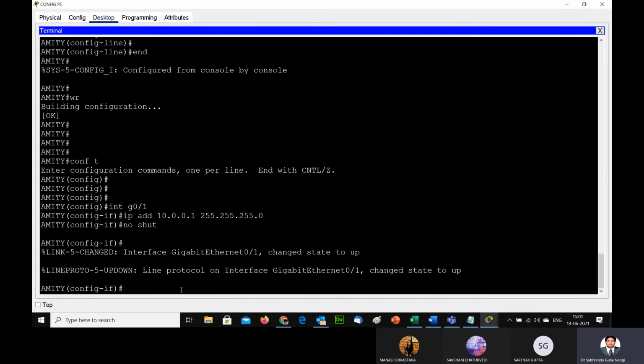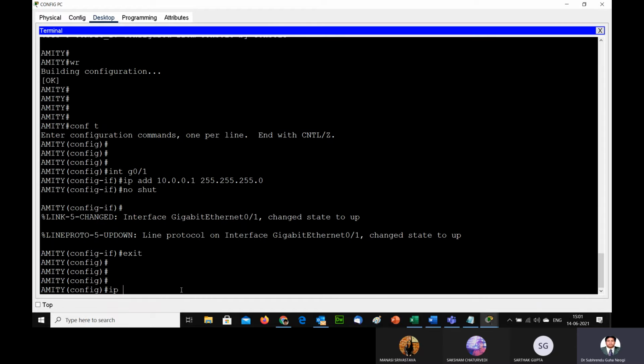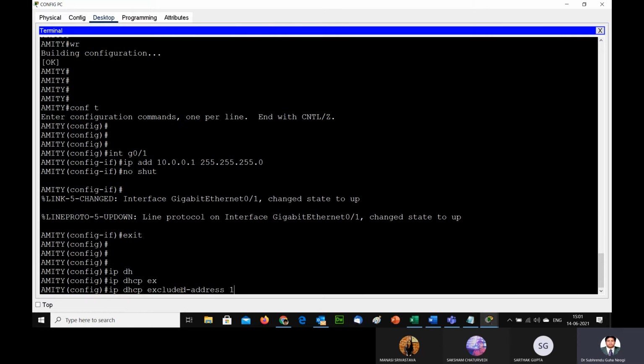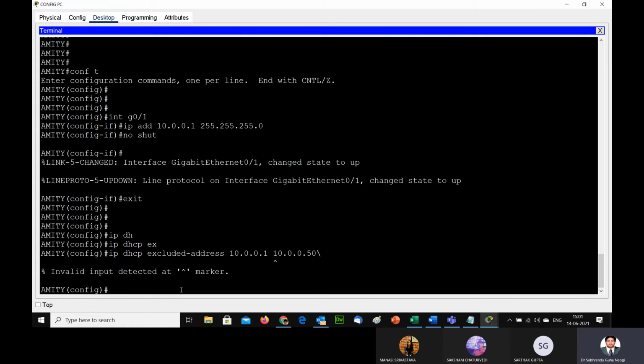In configure mode, first type ip dhcp excluded-address 10.0.0.1 to 10.0.0.50, for example.